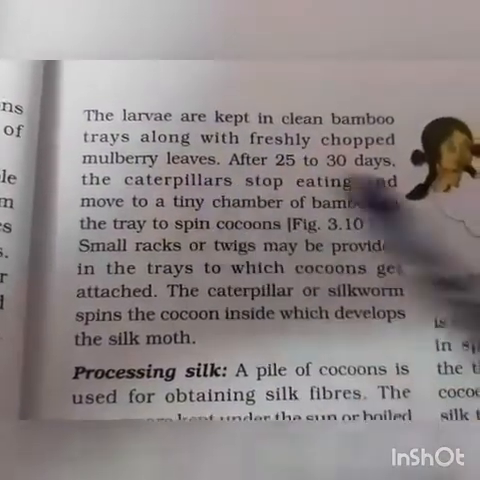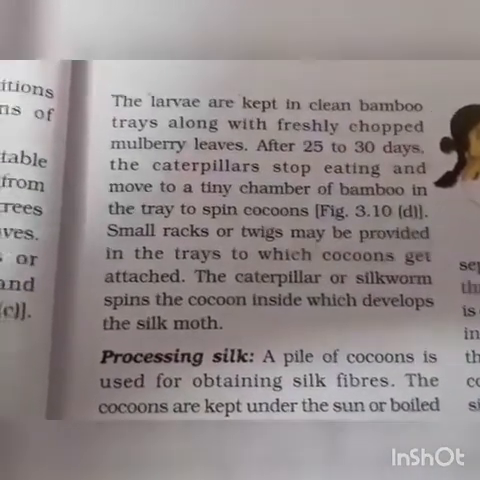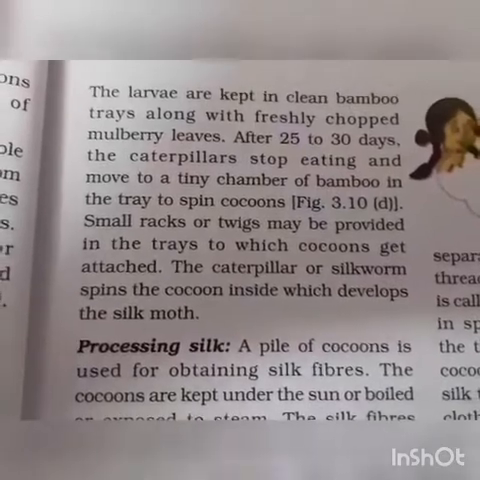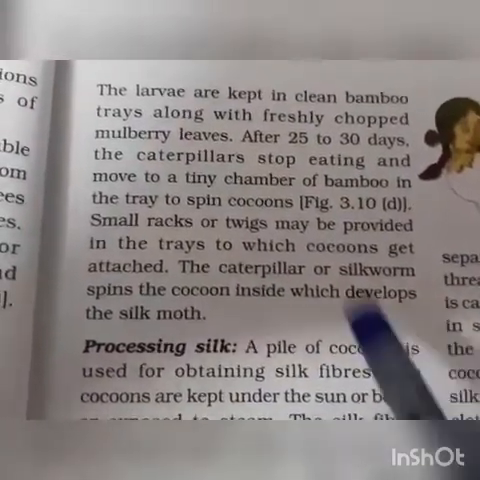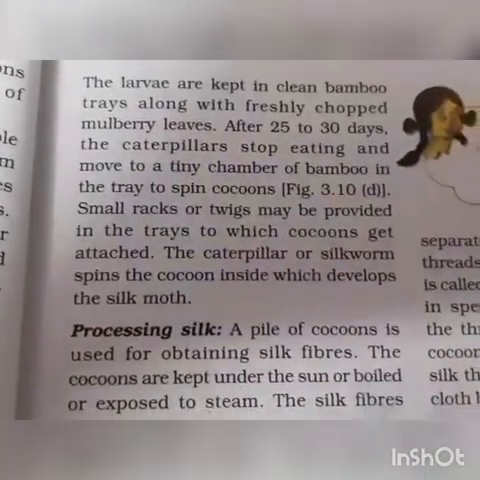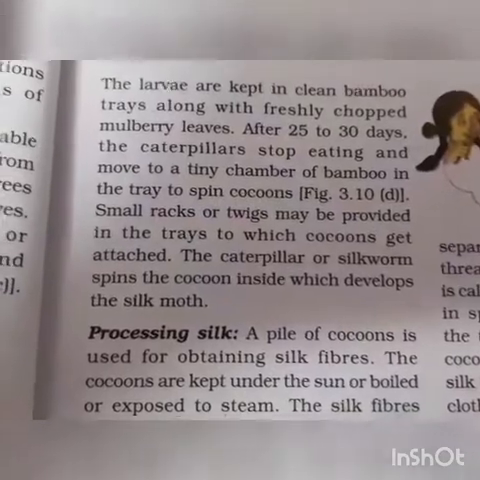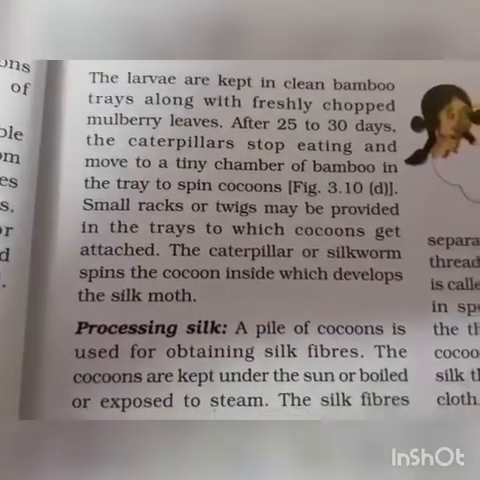with the freshly chopped, means जो छोटे छोटे fresh leaves that have come out of the mulberry leaves, they're taken and chopped into pieces and the tray is filled with those pieces so that the larva can continuously eat those leaves. And after 20 to 30 days, those caterpillars stop eating. Once they have grown to a certain level, then they stop eating and then they move to tiny chambers